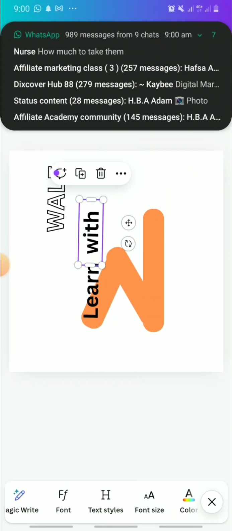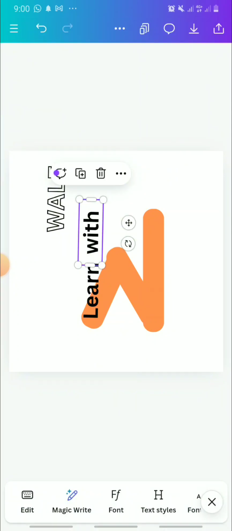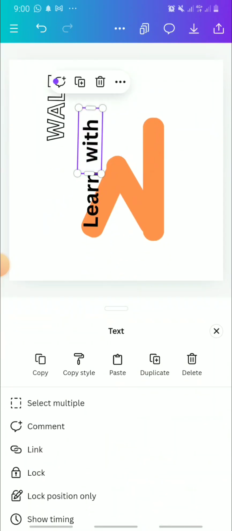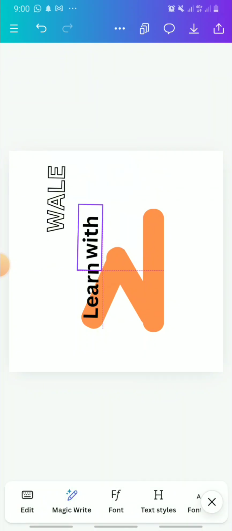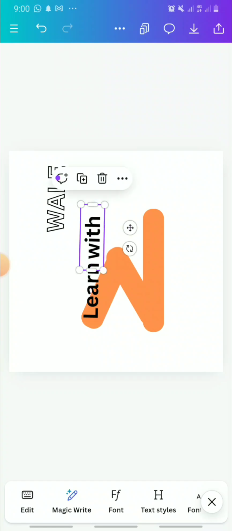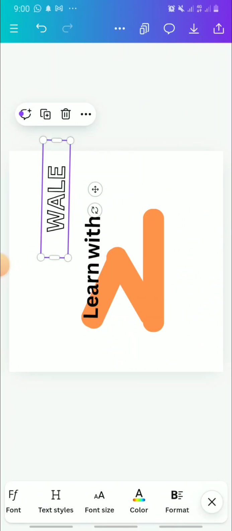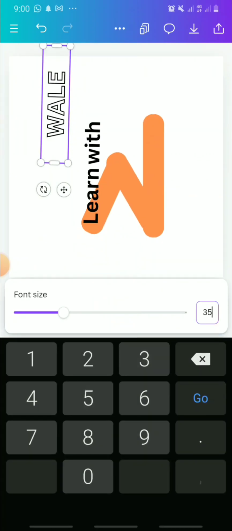If at all the write-up is going to be more than the shape, as in the height, I don't want it to be too much. I don't want it much. So that is what I am trying to do now. Move it. I will definitely make sure that this whole thing aligns,